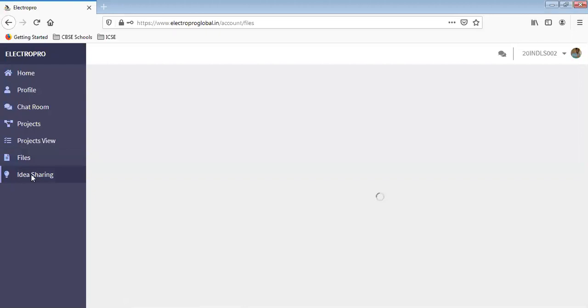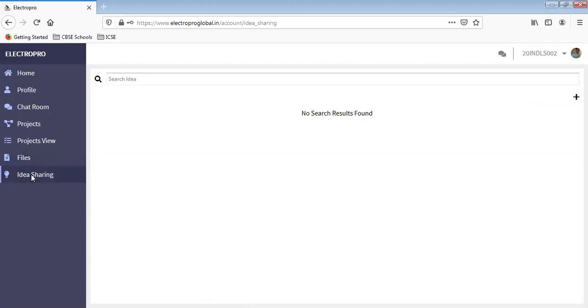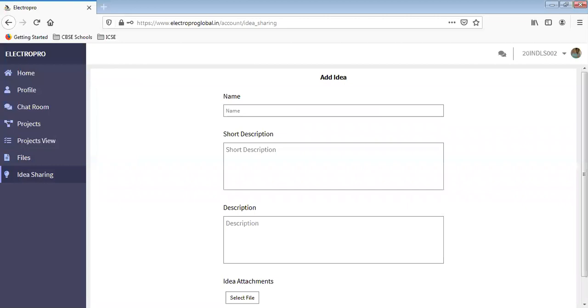Idea sharing. If you have any unique idea that you want management to support, you can directly share your idea here. This won't be visible to any admin or country head. It directly goes to the super admin.